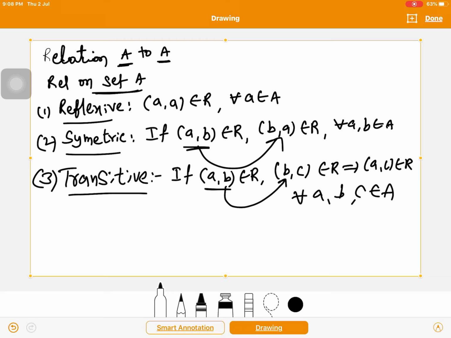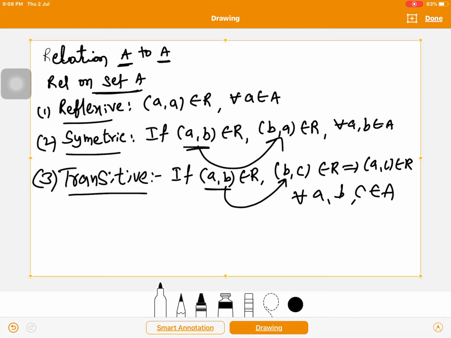Reflexive means itself, symmetric means see the combination and search for the reverse combination. Transitive means there are two combinations, then the connection is there. First combination's last element and second combination's first element are equal, then only we can find the combination (a, c) belongs to R.